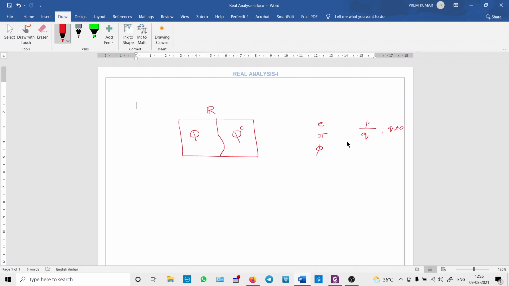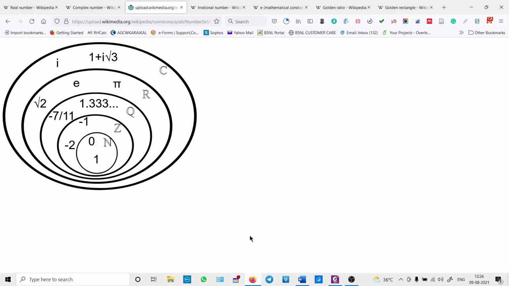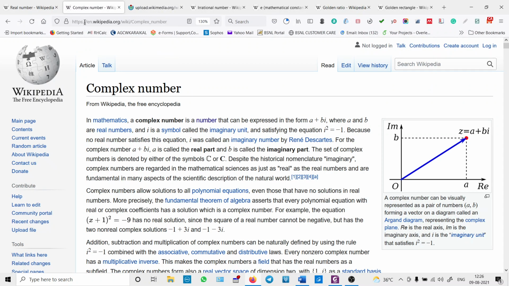Any real number that can be written in this format, where q is non-zero, comes under rational numbers, inside this set. A real number which cannot be written in this form comes under irrational numbers. These are the examples. Now we are going to see the definitions of these things. These are all very basic, that's why we just see the definition alone.